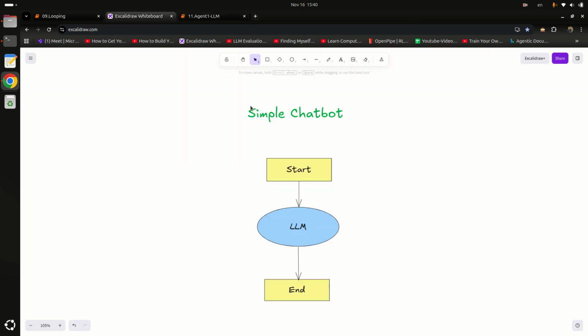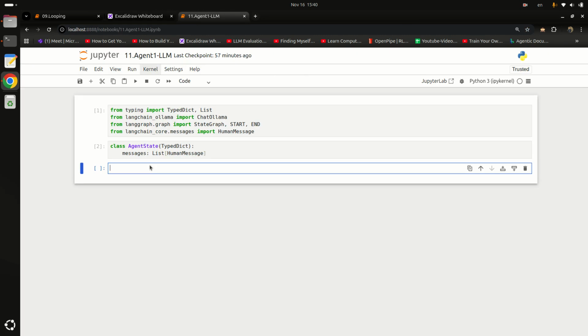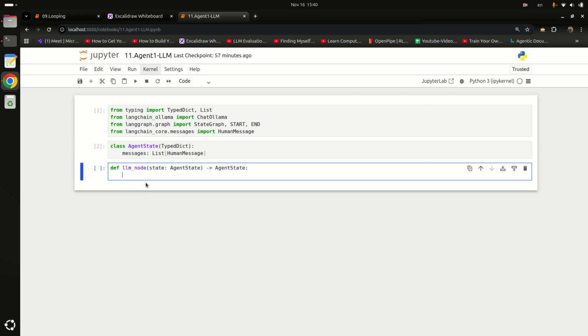After that we have to build this node. I'm saying define, its name will be LLM node, and we will pass the state, that will be agent state, and it will return the agent state. Okay, perfect. Now we have to invoke the LLM inside this LLM node.